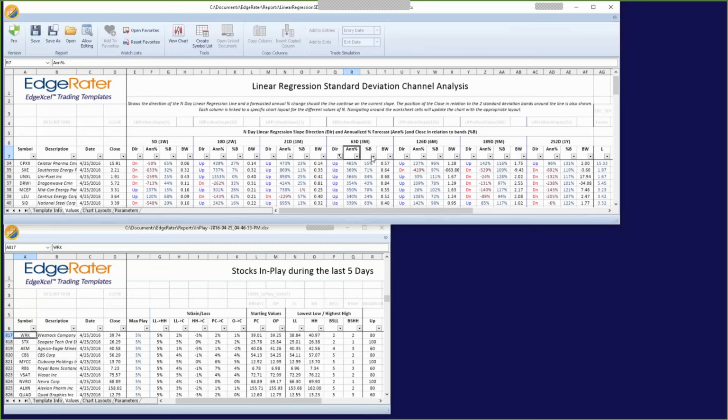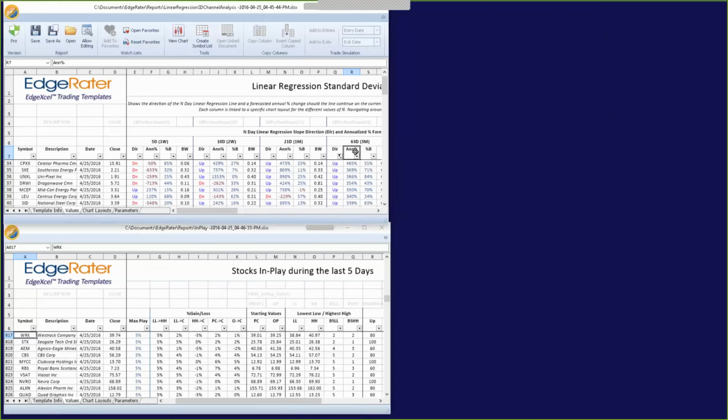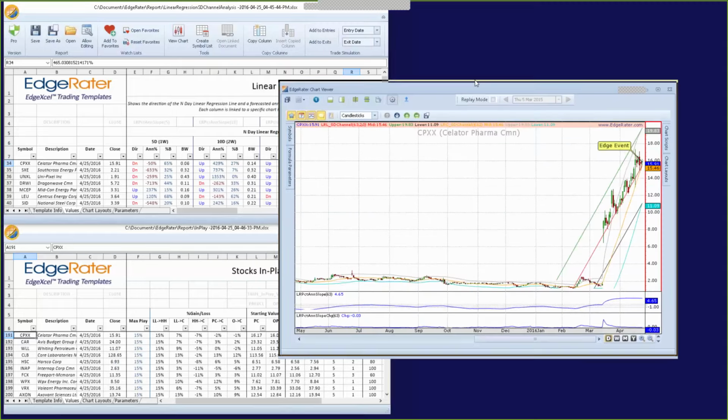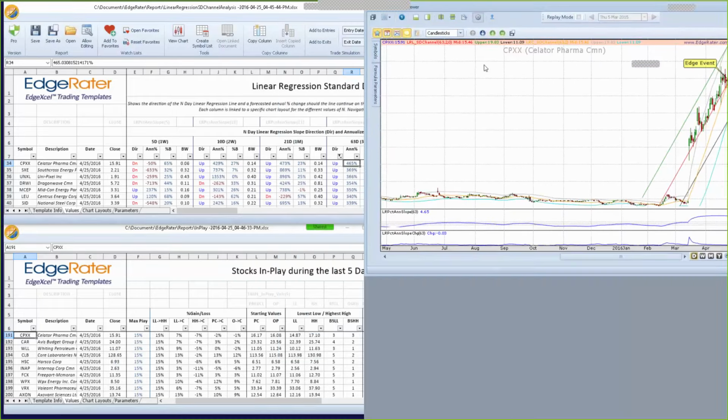The other 2 columns that are interesting here are the percent B column and the bandwidth column. So if you're looking for consistent channels, that's really a channel that's a lot narrower, and that would be where the bandwidth is lower. The bandwidth being the distance between the upper channel line and the lower channel line. It's probably best to bring up a chart here just so we can get a reference as to what we're actually looking at. So I'll just double click on this cell and I'll put this chart, which comes up